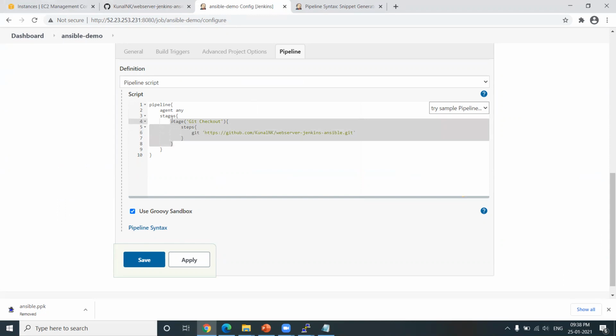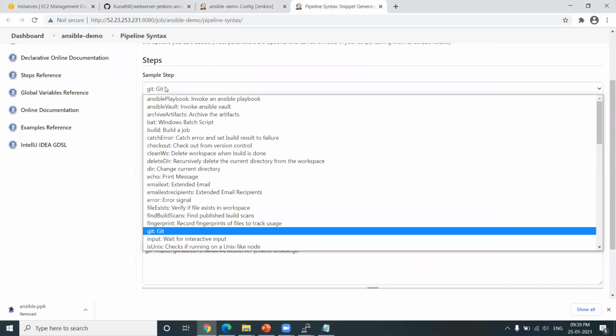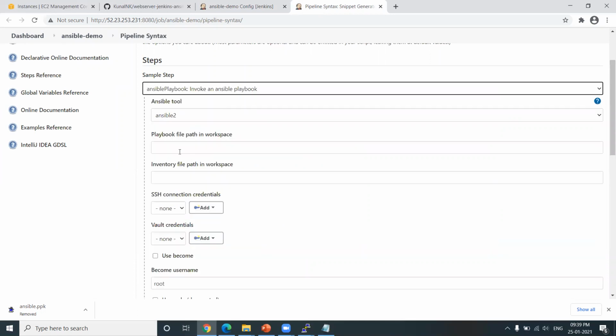Similarly, to run the Ansible script, now from the sample step, select Ansible playbook, invoke Ansible playbook.